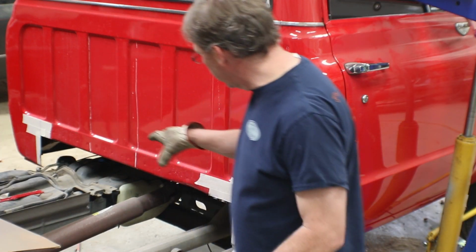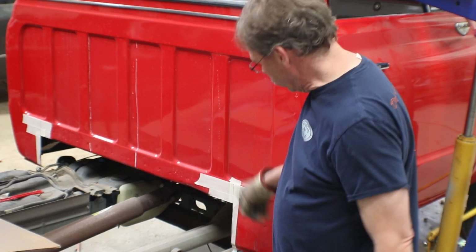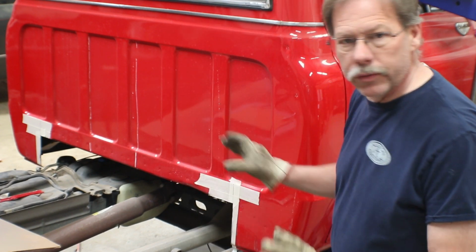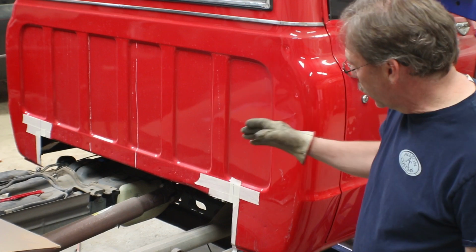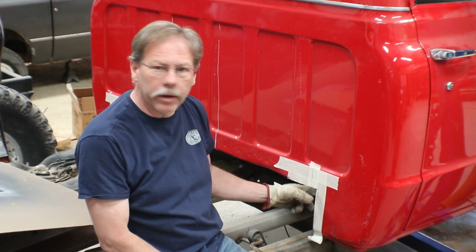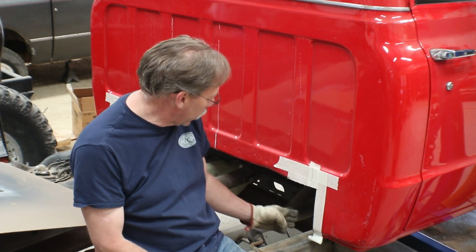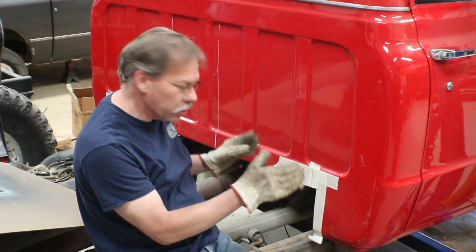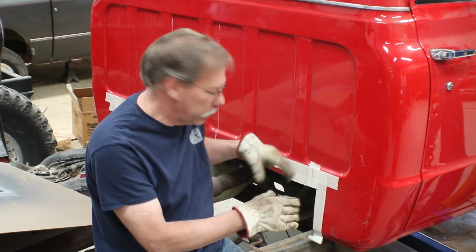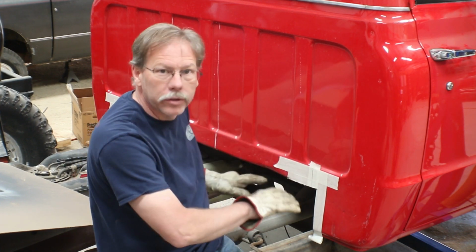We'll lower it down a little bit, see whether it's going to slide by. If not, raise it back up, and I'll take another 1/2 inch off each side, or 3/4 of an inch, whatever it's going to take. But now we're pretty close to having a good look at it, and we can go down. Okay, so I've trimmed out about another 3/4 of an inch here on the side, and I've got a good 1/4 of an inch of clearance on each side now. So we're going to come on down with the cab and kind of see where it's going to sit